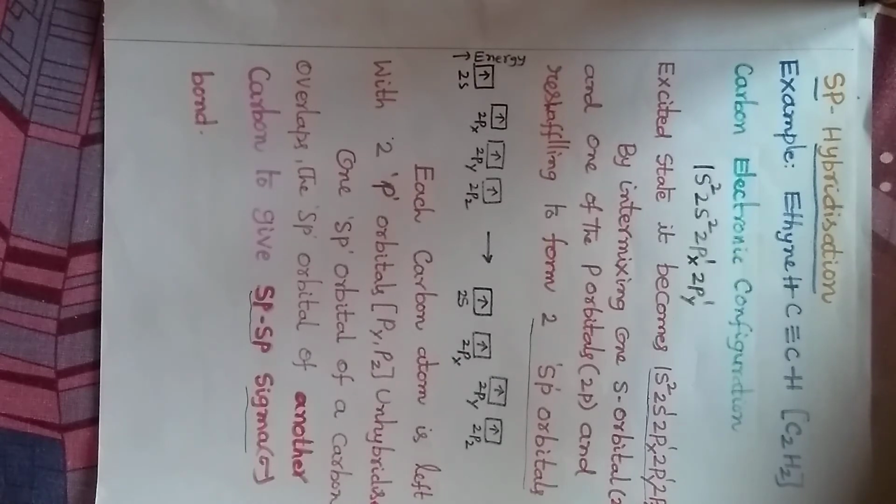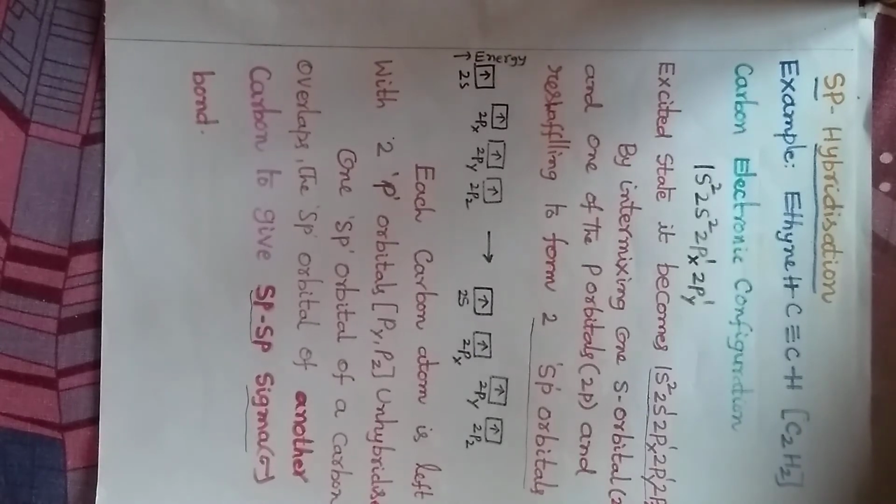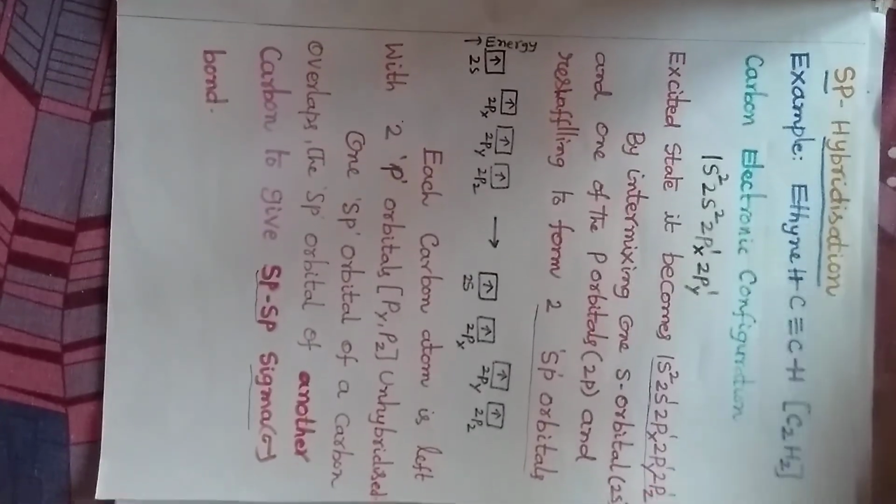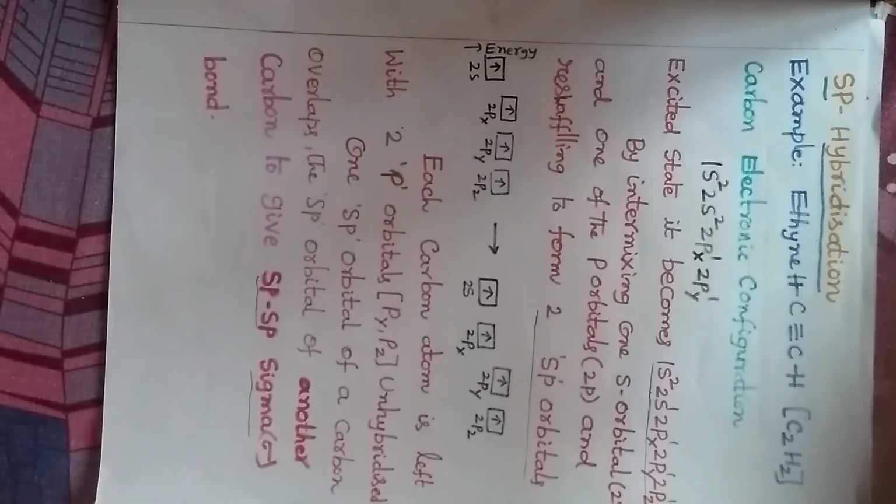Carbon and carbon, 3 plus 3 is 6, 6 plus 1, 7. Similarly, what hybridization is formed in ethene? Just now we completed sp2. Now you go for sp hybridization. What is sp hybridization? So the example for sp hybridization is